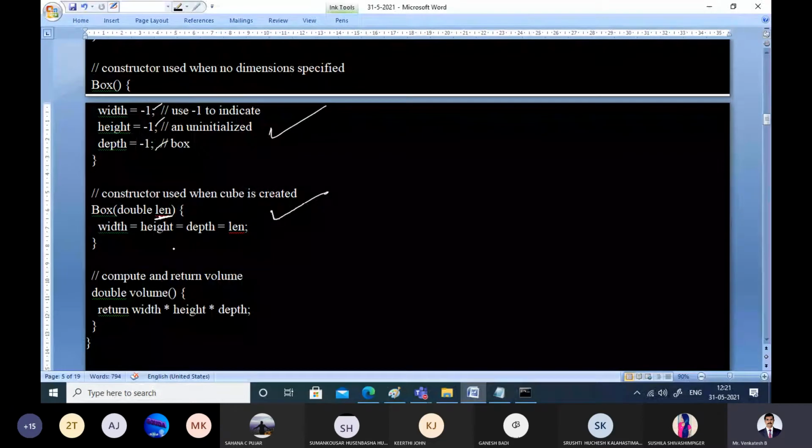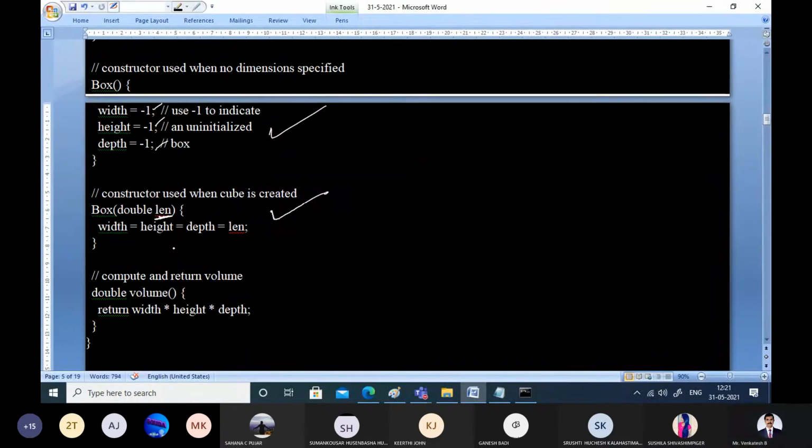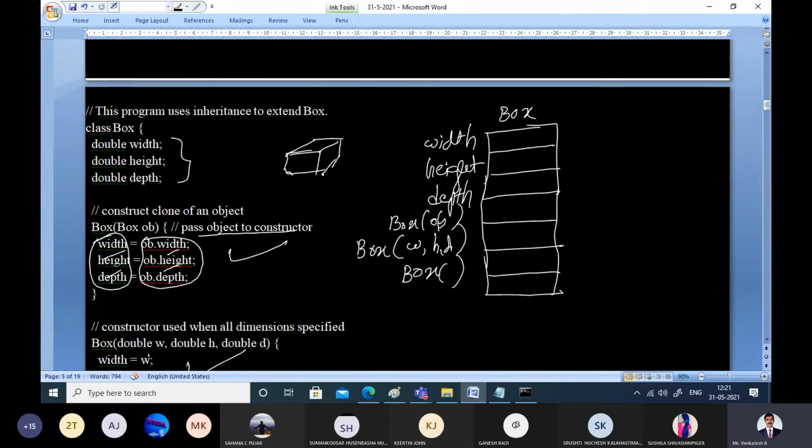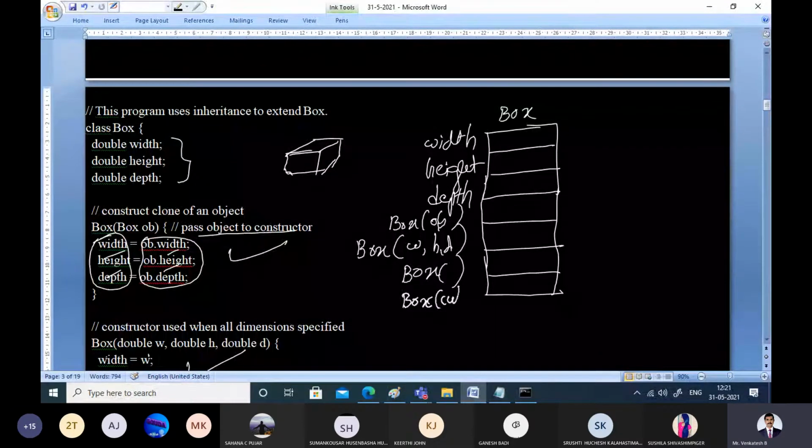A cube is one in which width, height, and depth all have the same value. That means the same length value will be assigned to depth, height, and width. In that case, the box becomes a cube.